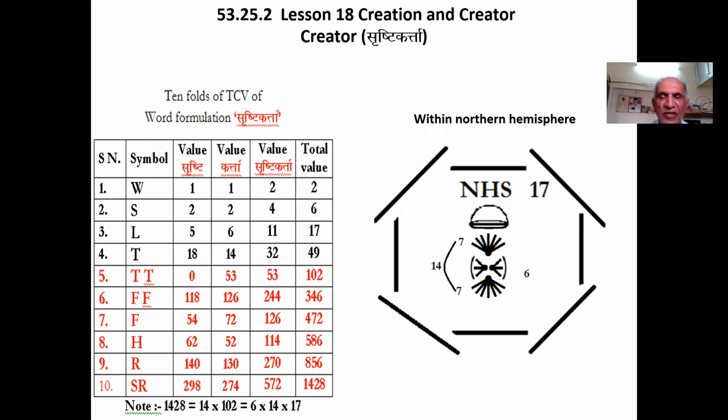The value 1428 is of the organization 14 into 102, which further takes us to 6 multiplied by 14 by 17. Let us have a pause here and let us visit the existence phenomenon within the Northern Hemisphere. Northern Hemisphere is of value 17. Then 6 is the value of Sun. And